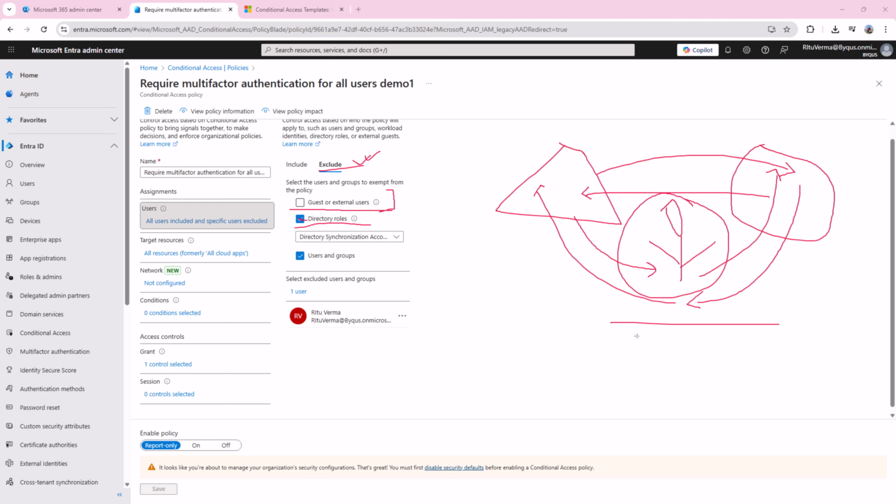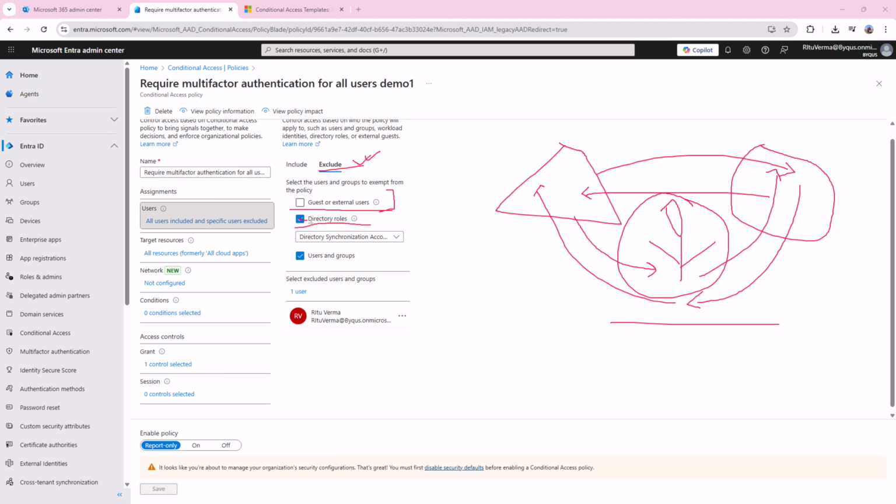Sometimes organizations will say we implemented conditional access policies and we see the IDs are not syncing anymore. It will impact access for the users to any cloud application. If the identities are not syncing, that will become an issue.